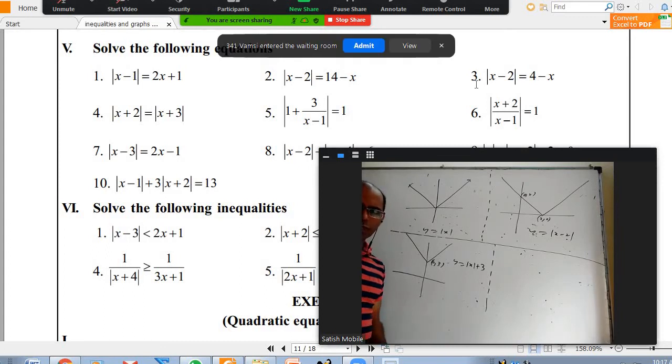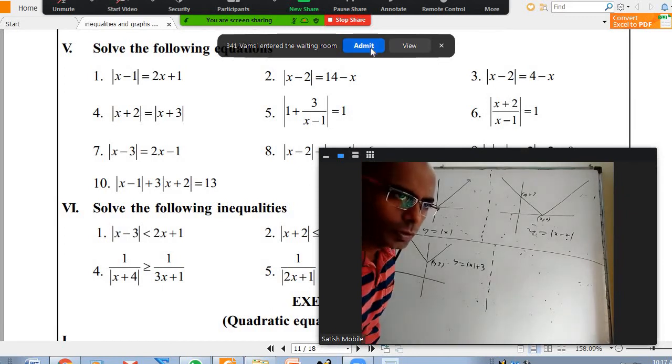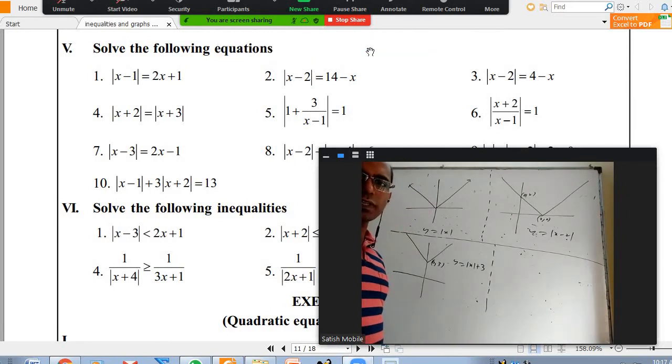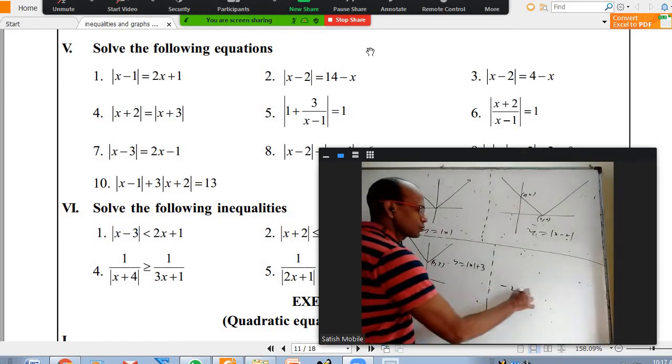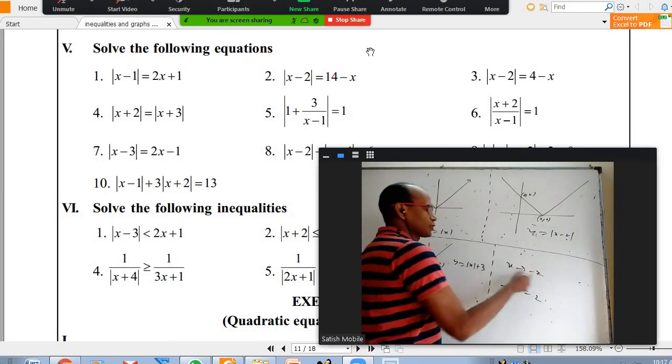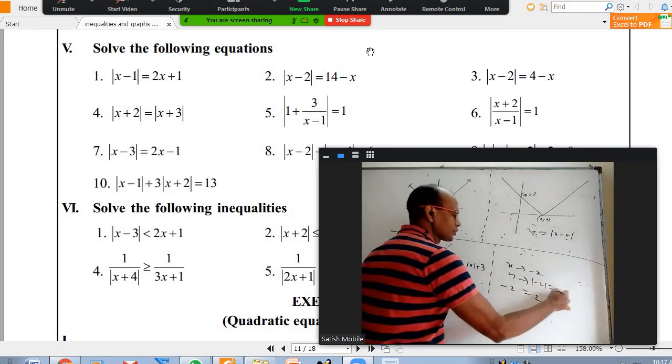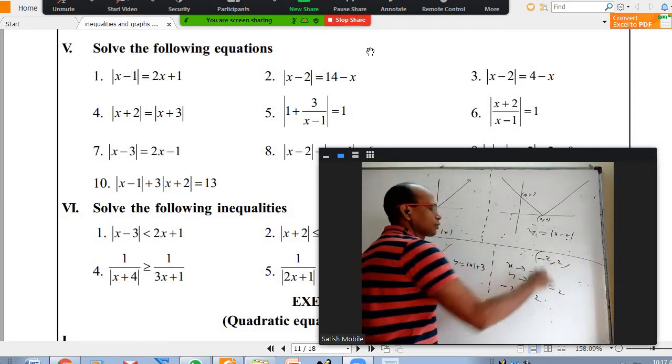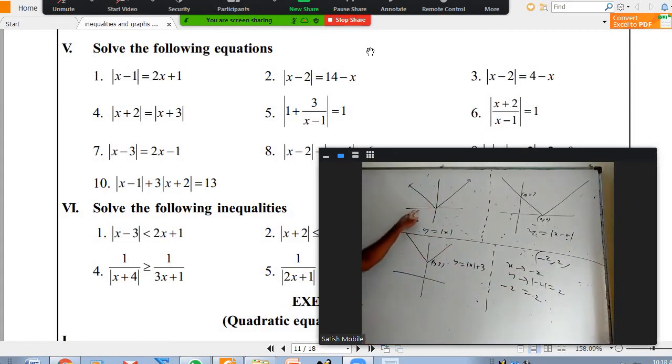Sir, if x is taken negative, due to mod it will become positive only, no, sir? x will not become positive, x is negative only. y will be positive. Mod will be positive. I cannot say minus 2 equal to 2, right? When your x coordinate is minus 2, the corresponding y coordinate is mod minus 2, which is 2. So minus 2 comma 2, where is that point? X coordinate minus 2, y coordinate 2, it is here only, right? Because x may be negative or positive, but mod x is always positive.